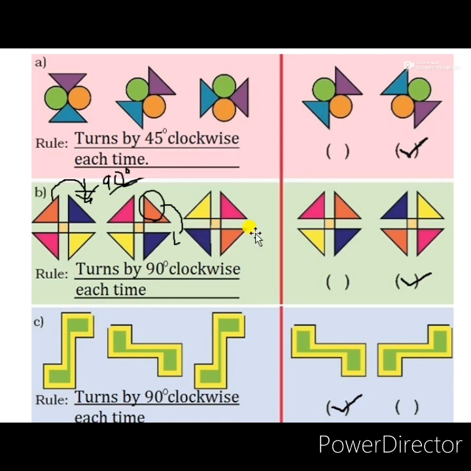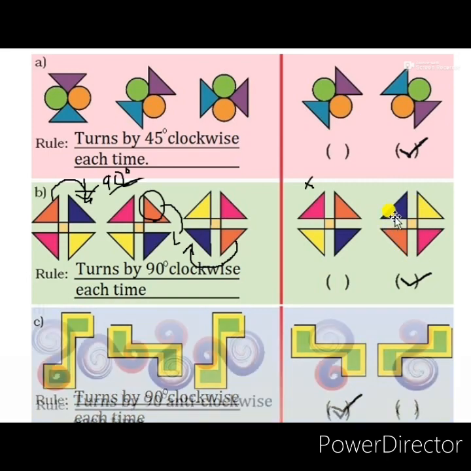So what will be the next position the orange color will go to? Is the first option right, that it goes to the upside again? No, that option is wrong or not suitable for the next pattern of this figure. Now see where the next orange color should come. If it follows the same rule, it will come at the position on the left side of the purple colored part. So which option is correct? The second pattern is suitable for the next position of this figure. So there also you have to put a tick mark.